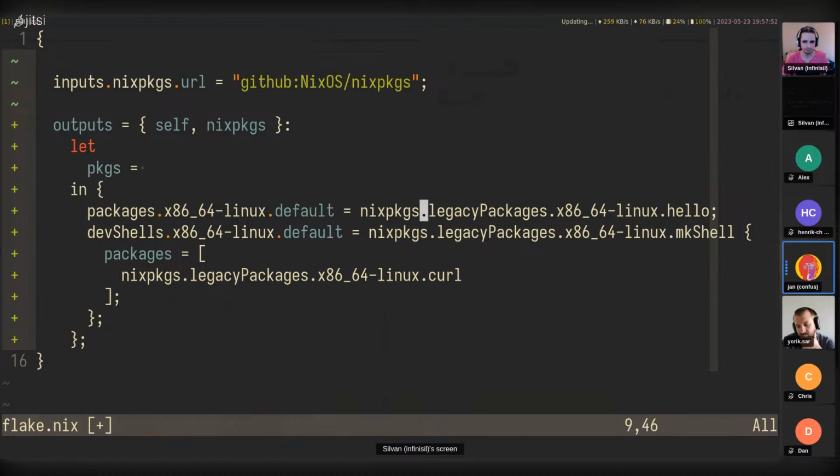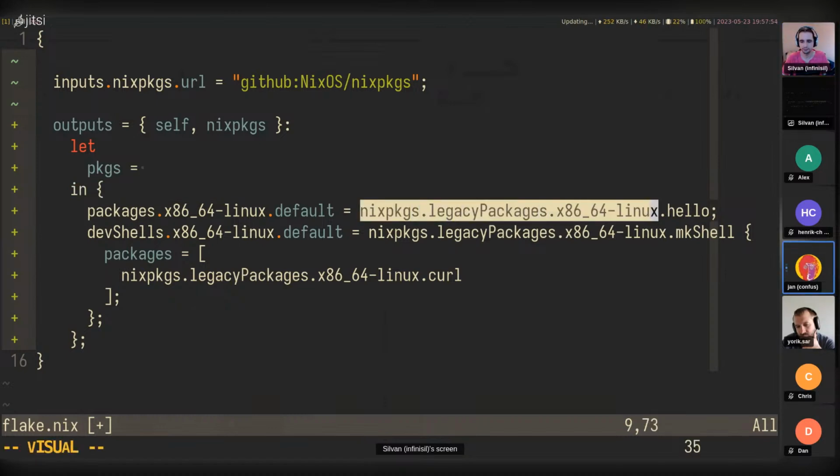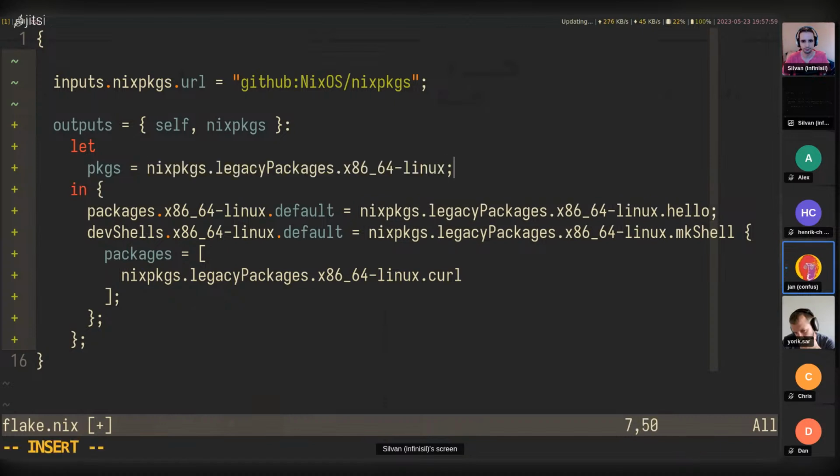Yeah, it kind of was. I just sometimes had the problem of not really having a good heuristic to know when to use legacyPackages and when to not. But yeah, for nix-pkgs, that's also due to a lack of research, I guess. I'd say for nix-pkgs, it's probably always legacyPackages, though I'm not the expert on this, I have to say.